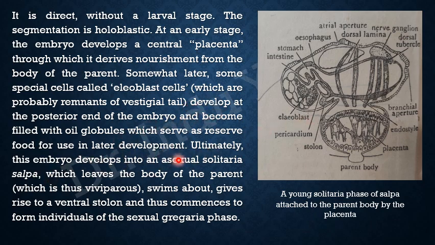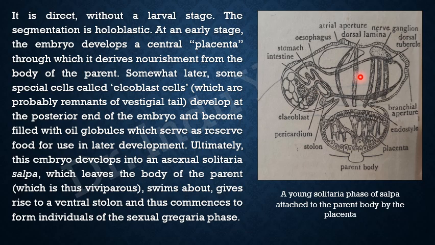Ultimately, this embryo develops into an asexual solitaria salpa, which leaves the body of the parent. This is the body of the parent. So when the individual is formed, it leaves the body of the parent